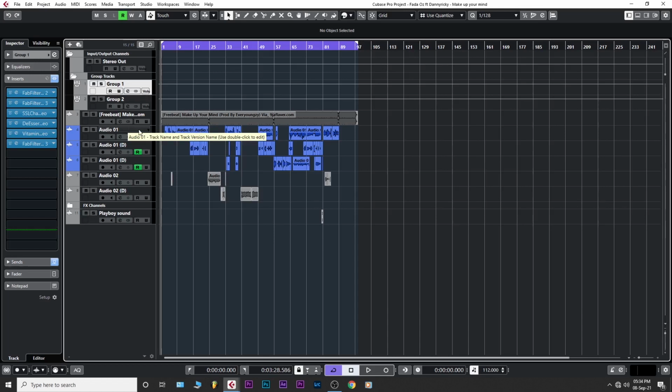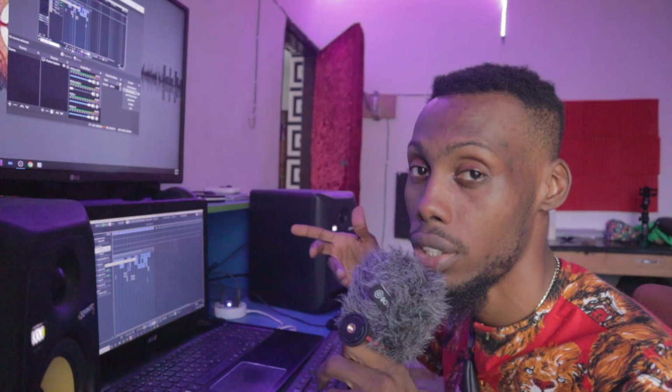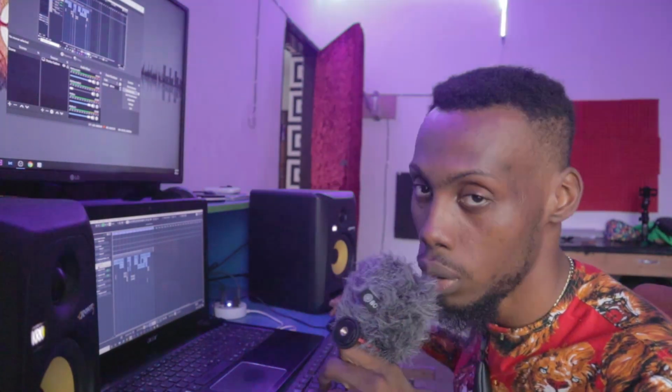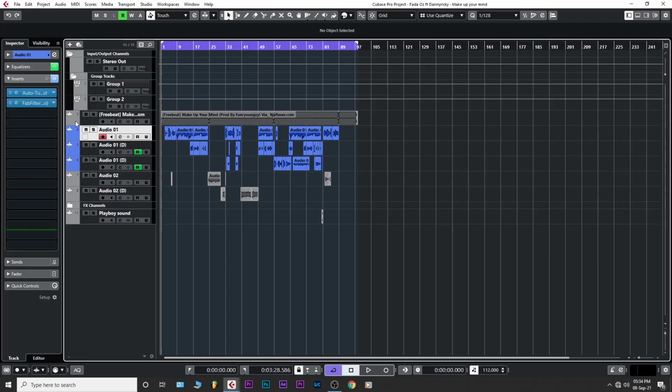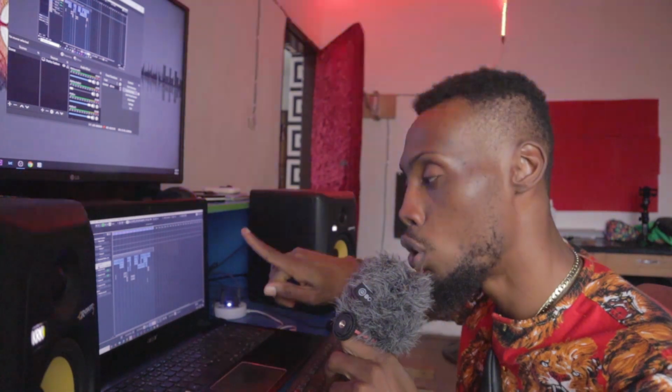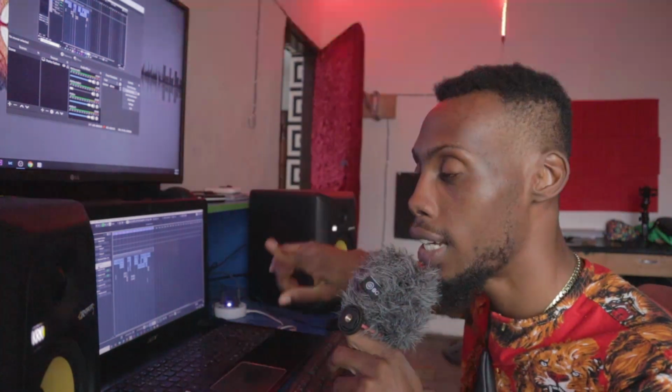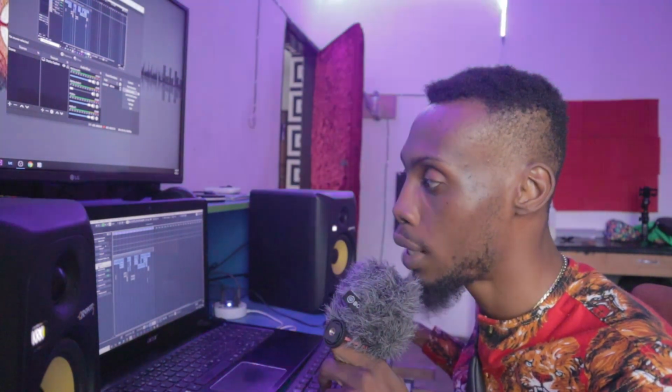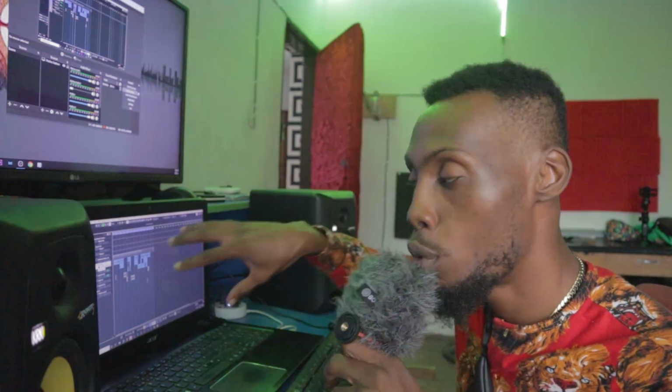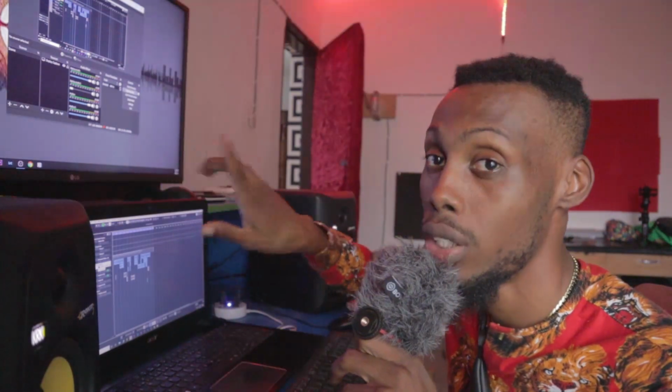You can make it mono, but the reason why I make mine stereo is because in those individual mono tracks, I may want to pan to the left at a point and automate to the right. So if I'm sending it to a mono group track, it might not give me that flexibility because I'm trying to stereoize that mono track. So that's why normally I create mono tracks for my audio, my records, then I send them to a stereo group,